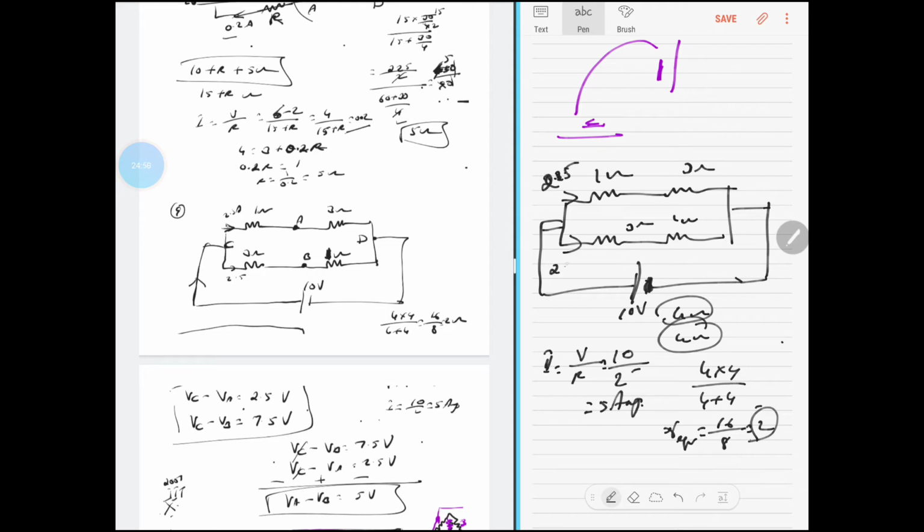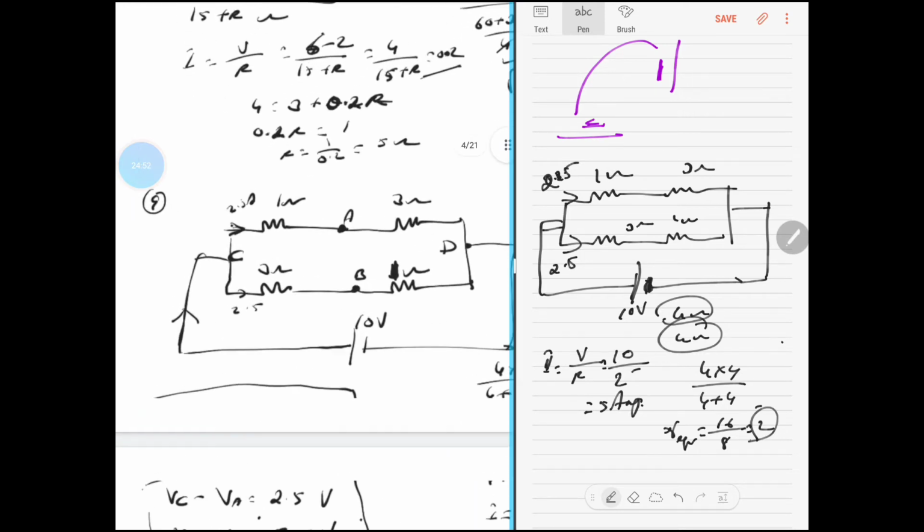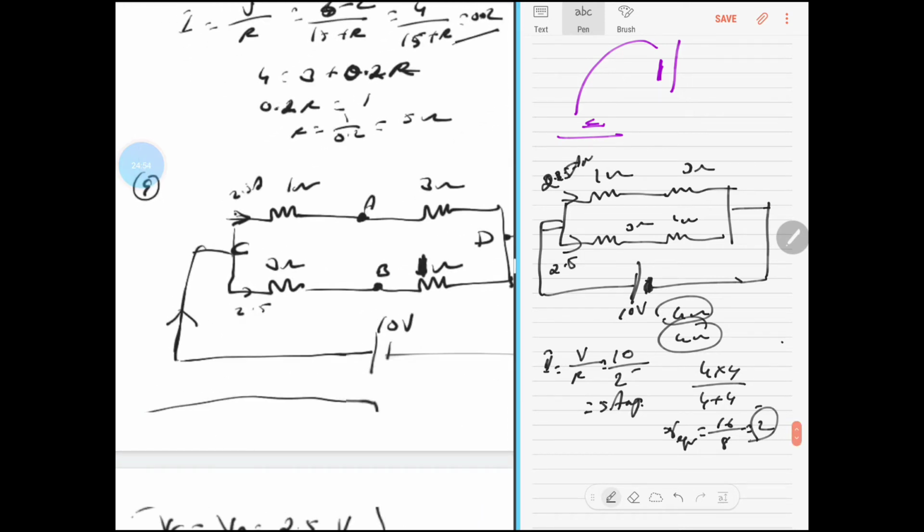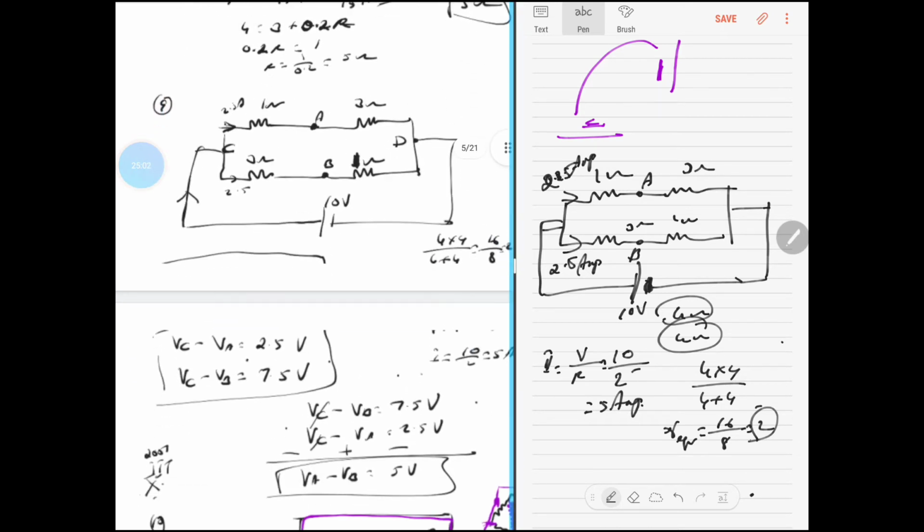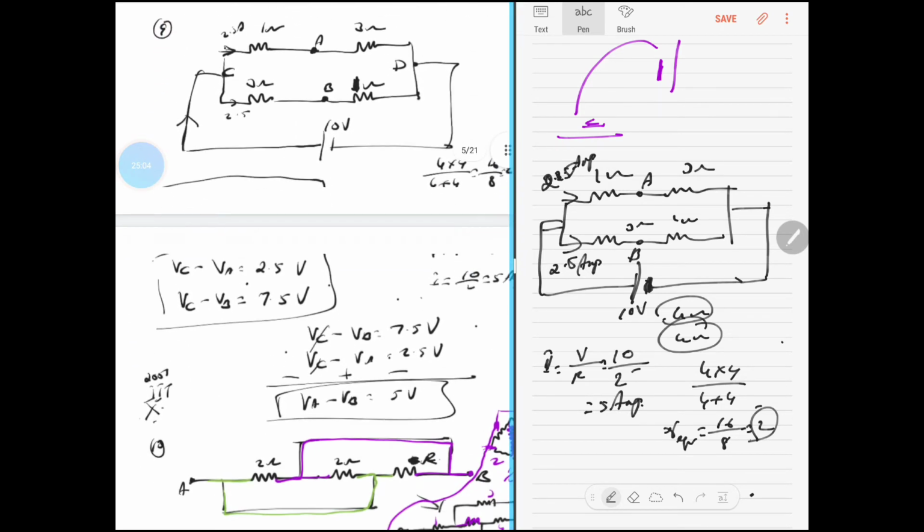Yeah, that's exactly what I've written here. So it's 2.5 amps. That is how we find the current to be 2.5 amps. In general, you have to do that. Now that you know the current, you come back to the points A and B. And now we are trying to resolve what is the potential difference between A and B, for which, let's name this point as C and this point as D.